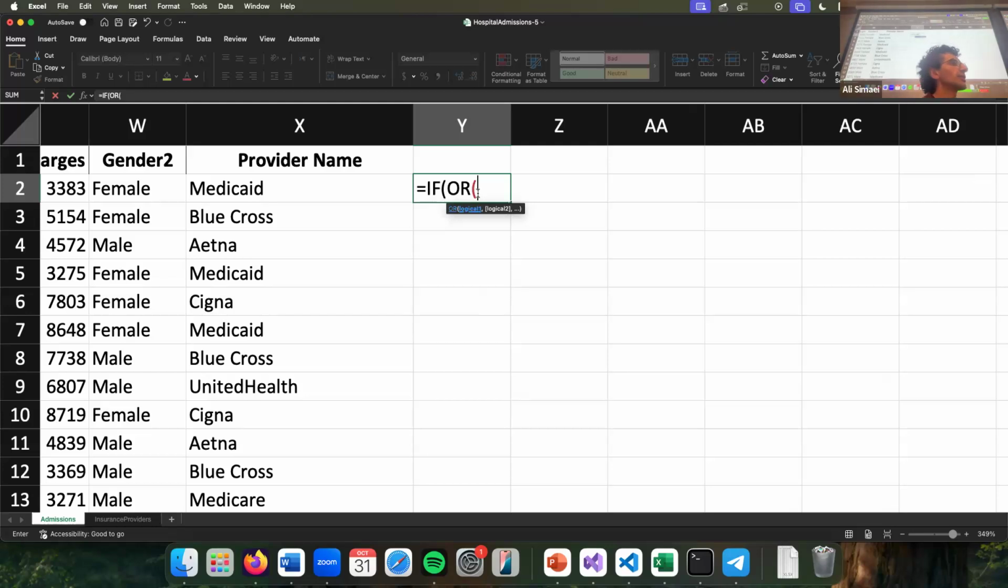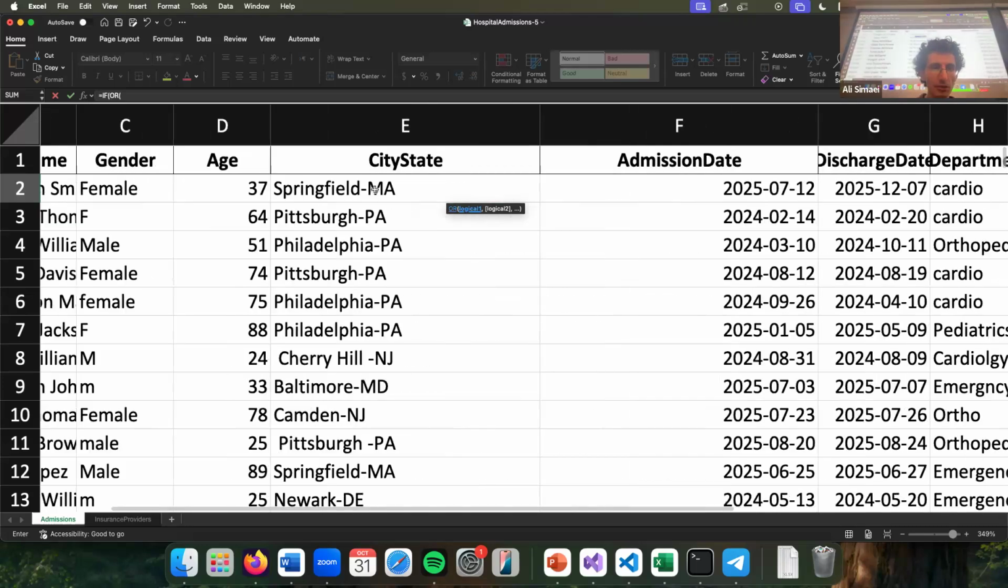I want to say if it is greater than 100 or less than 1, meaning that it's 0, you should show, let's say, a flag, show me an error. That way I can separate them and I look at them separately. So we will say if or